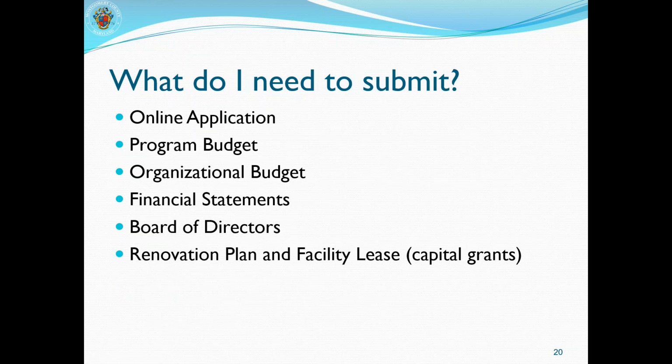So what do I need to submit for a community grant? You need to submit an online application, and we'll go through the portal on another slide. We will not accept an email or fax or mailed application. It must be submitted online. You will have a space to upload four things: a program budget, an organizational budget, financial statements, and board of